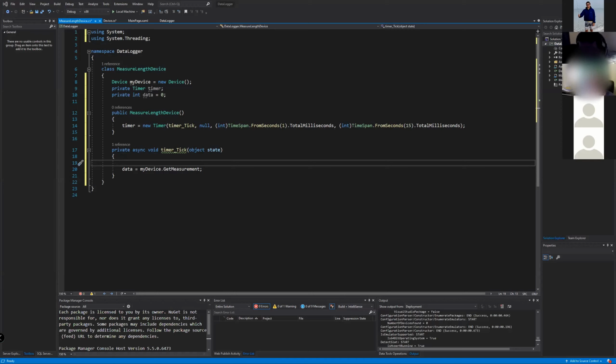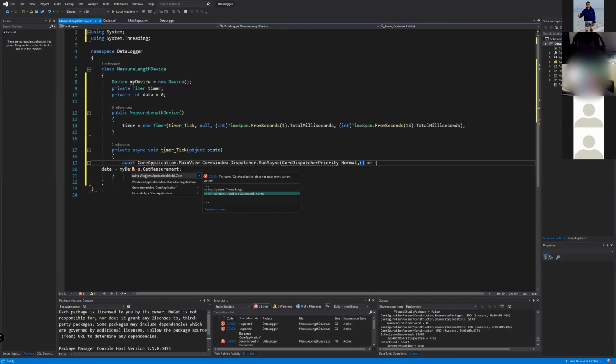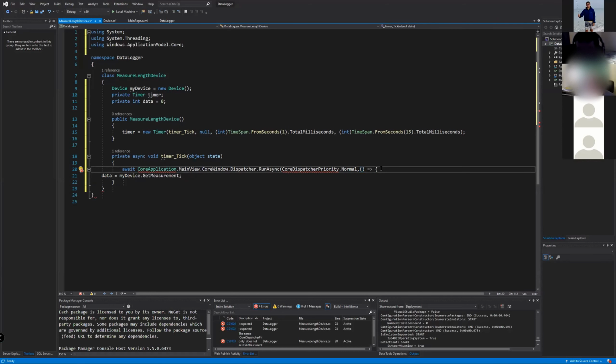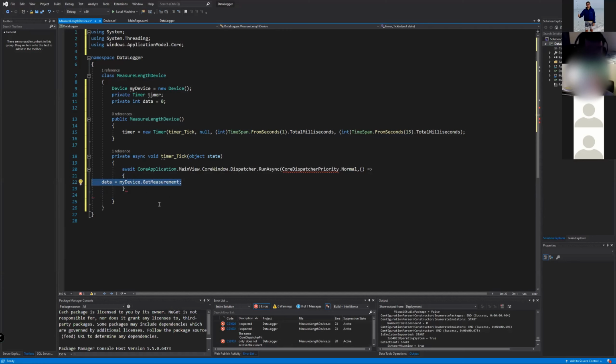This is literally a direct cut and paste from our virtual device. Well, not a direct cut and paste because